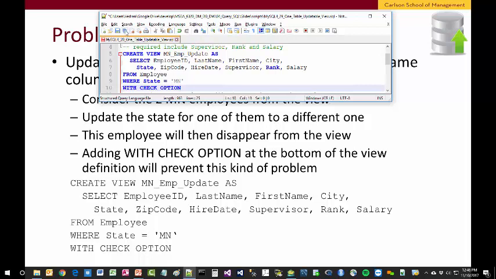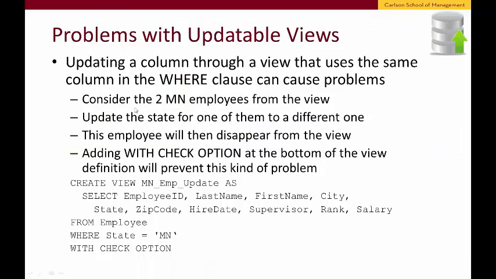So you have to be careful, because if the query you are using on the view modifies the criteria used in the view itself, that can create these kinds of problems and inconsistencies. Okay, so I'm going to switch back to the presentation and